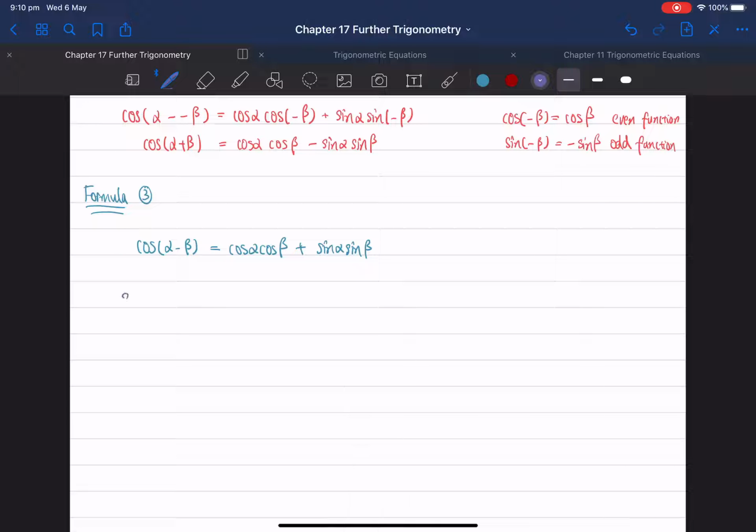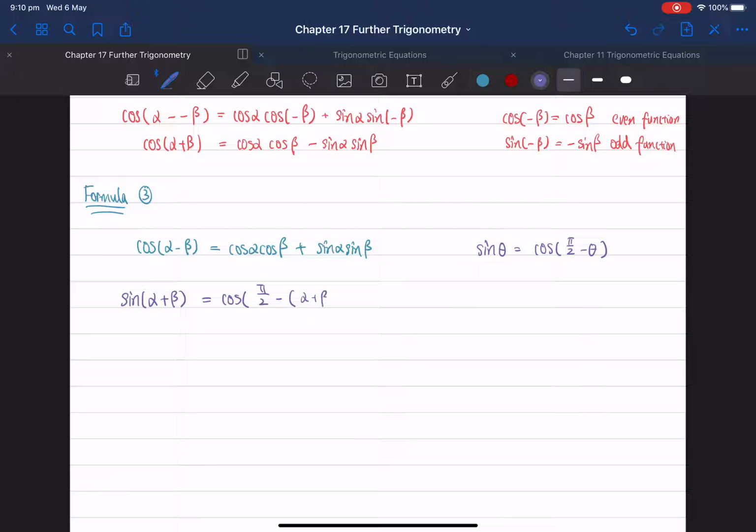If I want to know what's sine of alpha plus beta, how do we know that? We don't know right now, right? But we know one of the complementary angle formulas, which is sine theta is equal to cosine of pi on 2 minus theta, or 90 degrees minus theta. This is the complementary angle formula. So from here, I can change that into cosine of pi on 2 minus